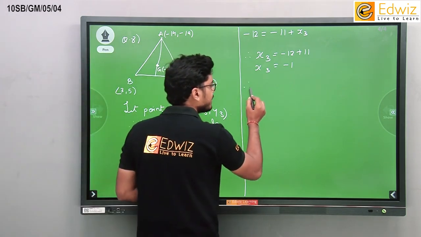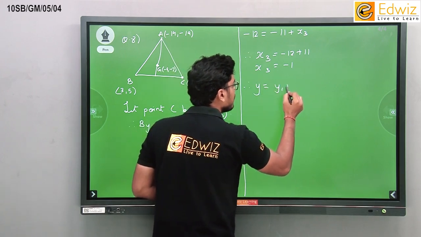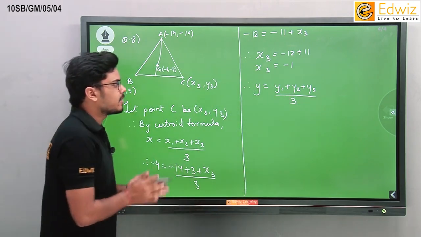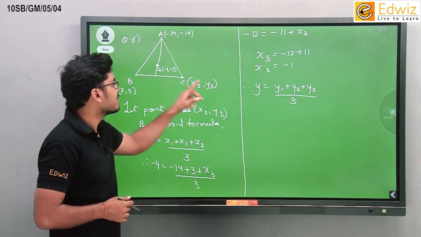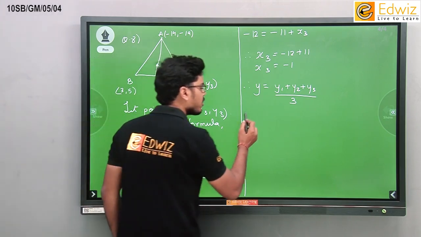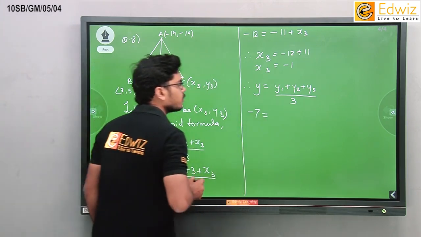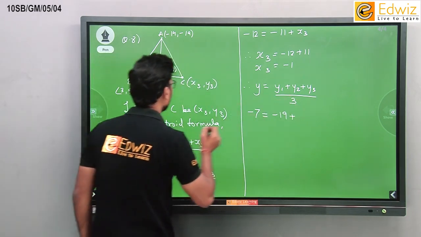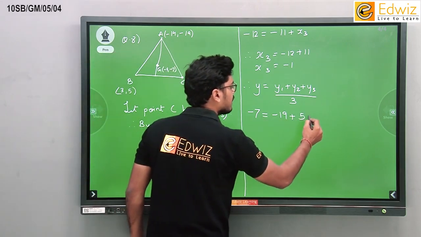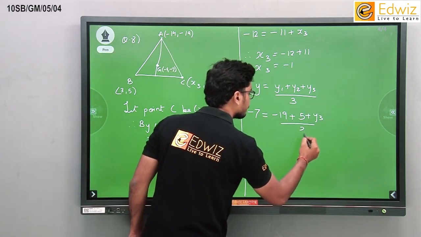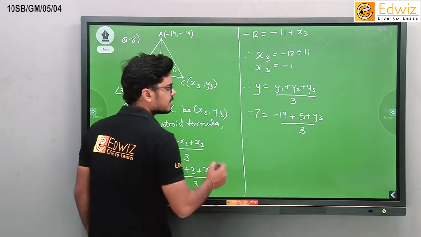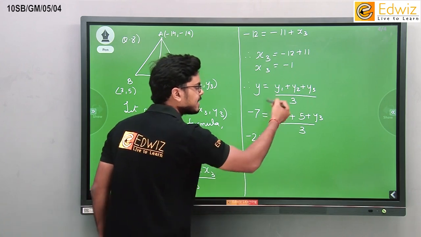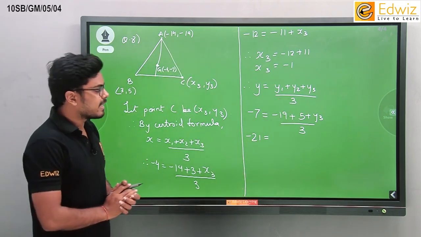Similarly, we have to find the y coordinate also. What is the formula for y? Centroid formula is y1 plus y2 plus y3 divided by 3. Okay, substitute the values. We already know the value of y, that is minus 7. Centroid ka y coordinate is minus 7 equal to y1 minus 19 plus y2 is 5 and y3 we need to find out. Okay, once again take 3 on the other side. 7 into 3 will become minus 21 equal to minus 19 plus 5. Answer will be negative 14